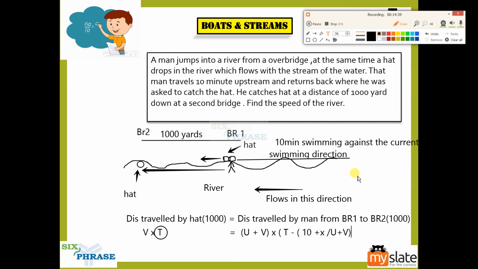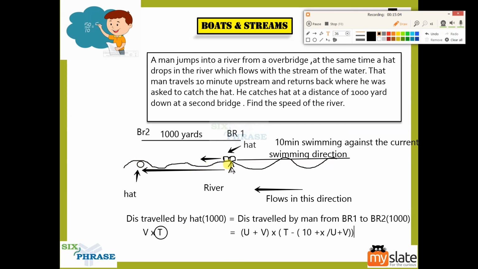So this is what you have to do now. This is the total time, correct? From here to here, segment 1. From here to here, segment 2, time segment. From here to here, segment 3. All these three segments put together is what? T. Yes, T for this man is, because at the same time, the hat will move from here to here.